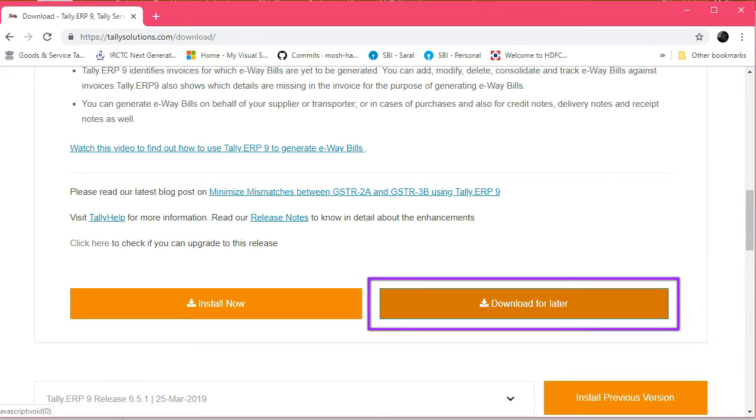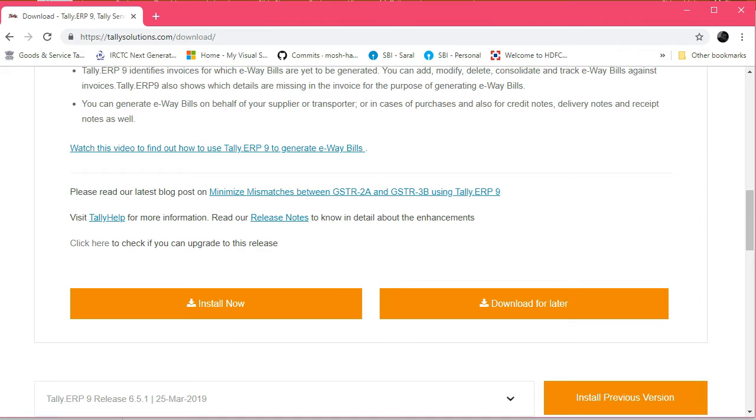And another option is an offline download, which will download the full setup file. So I would recommend you to download the offline download. The advantage of downloading the offline setup file is that you will have the installation handy with you and you would be able to install the software without being connected to the internet. And if you wish to reinstall the software, then you won't have to be connected to the internet with the offline setup file. Therefore, I would recommend you to download the offline setup file.